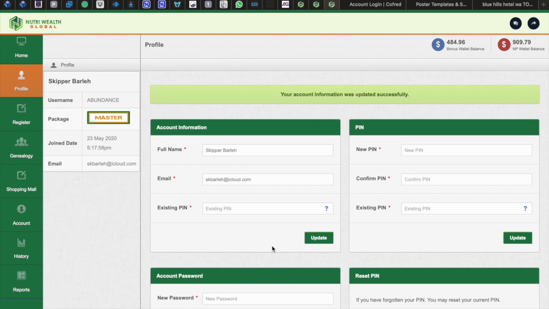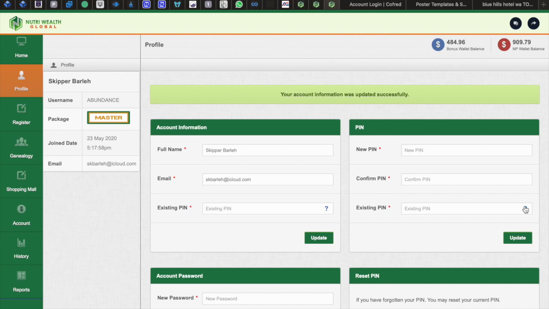And so if you want to change only the mail and you don't want to change the name, you must just do some edits. Any set of information entering these two spaces must be new. Now you can come here, your PIN, you can change your PIN. And if you've forgotten your PIN, all you need to do is to click here, this question mark, to reset